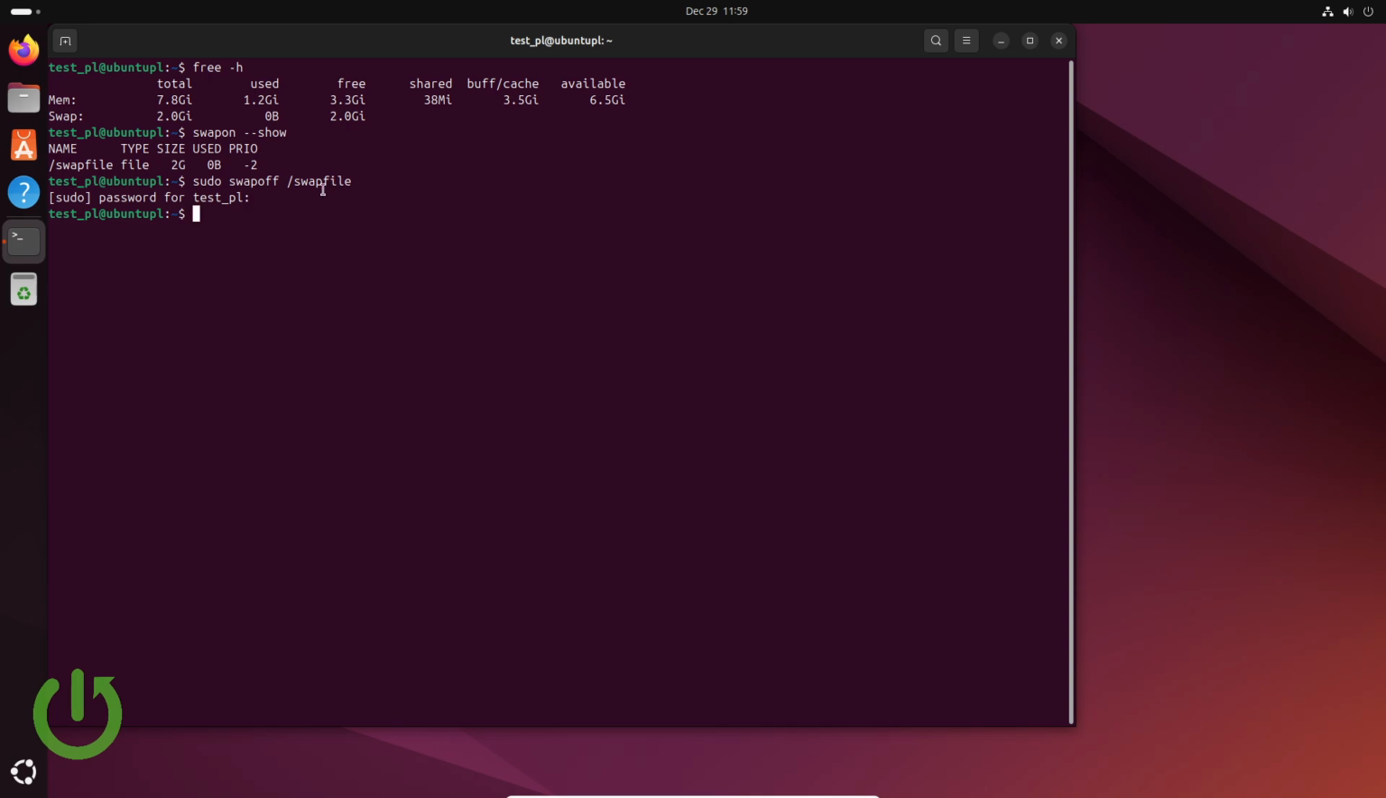Also, it's very important, if you have a different name for your swap file, a different path, you have to type in your own path, because it might not work. You have to type in the thing that you have right here. And we have to, of course, remove that swap file. So rm, swapfile, like this. We have to press enter. And right now we can